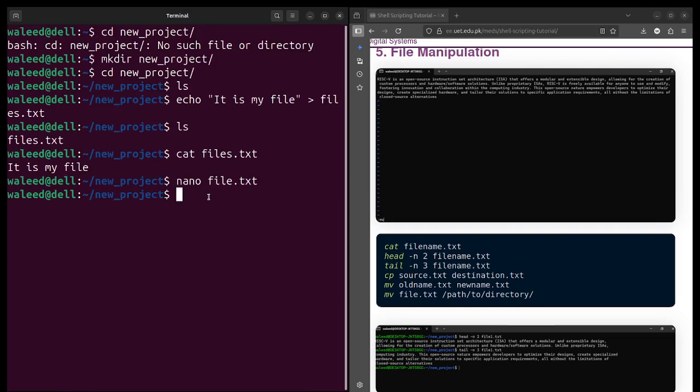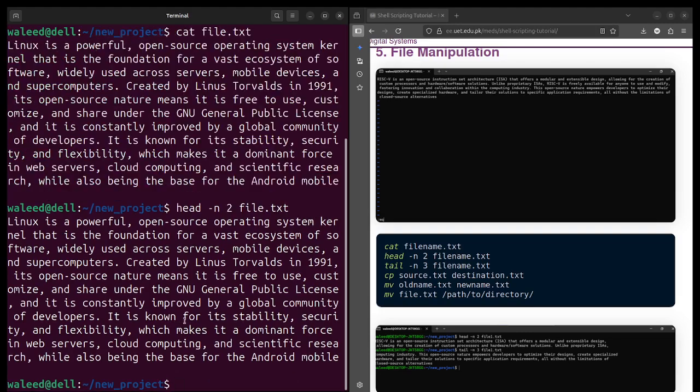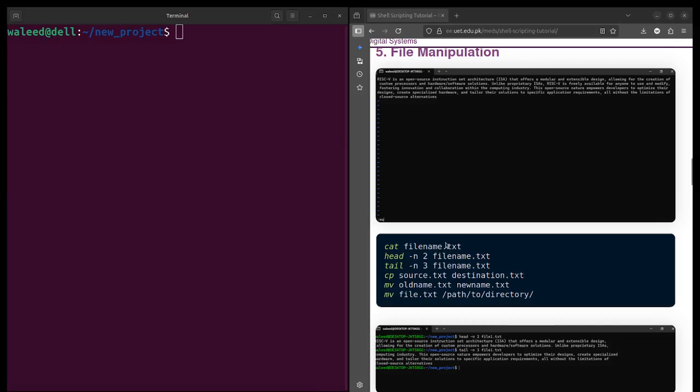Okay, so if I see what's inside my file, it has a long paragraph, and I just want to print the first 2 lines, then I will use head and file.txt, and it will print the first 2 lines. That paragraph was not long enough, that's why it gave me the whole paragraph once again.